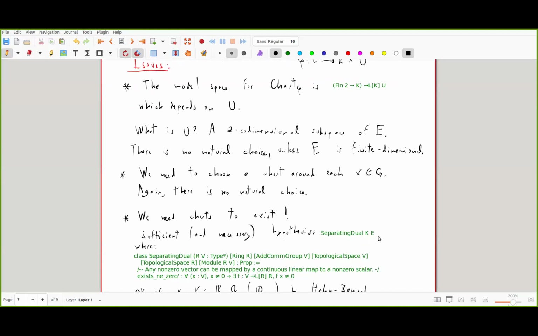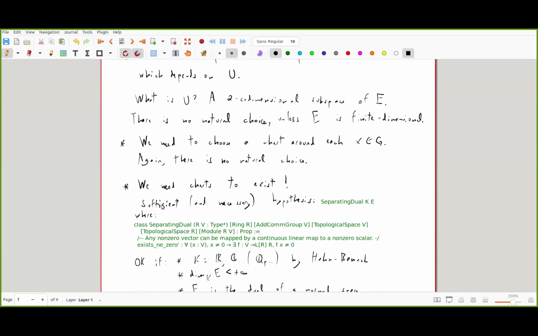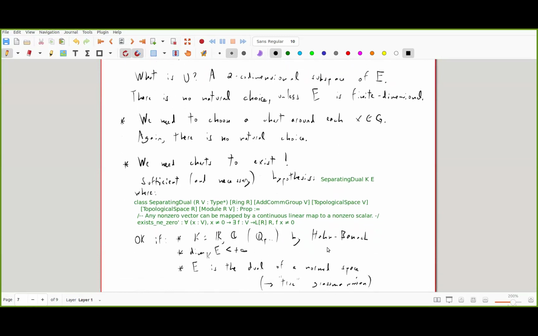And then there is a small lemma that says you're going to get subspaces of any codimension, which I also have written. Okay, so this is okay if you're over R or C. This is okay by Hahn-Banach. If you're finite dimensional, this is okay. If you're the dual of another space, this is also okay. So you get the actual algebraic geometry Grassmannian. The Grassmannian of the dual is the space of R-dimensional quotients of E. So that's the one that I like. Anyway,